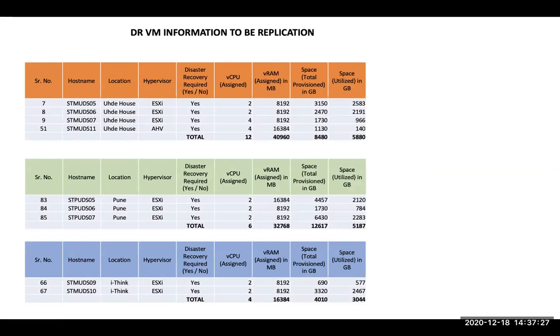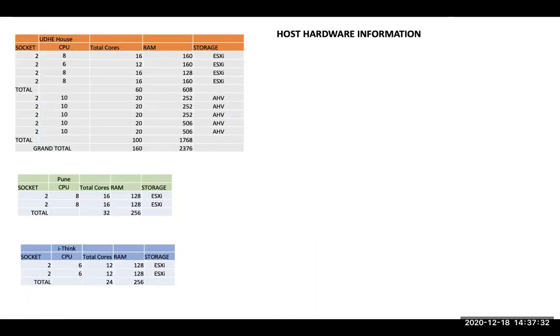Can you just move forward one slide? Yeah, this one. The vCPU and RAM that you had considered, that is basically in case of failover that will power on there, right? Yes sir. This is in case of a failure, the machine will actually run from the DR side. So that's why those compute resources you are considering, correct? Correct sir. Okay.